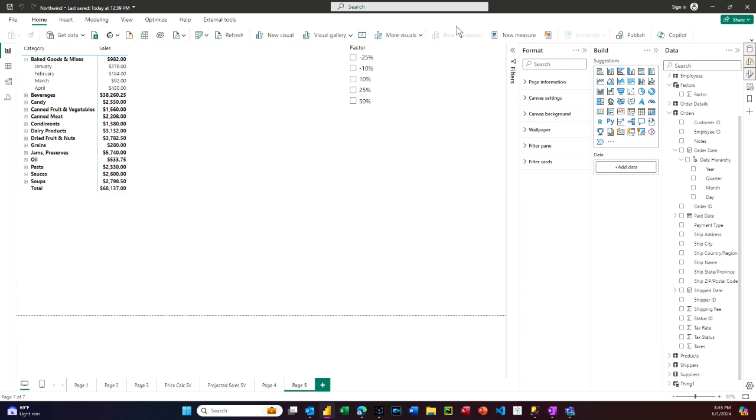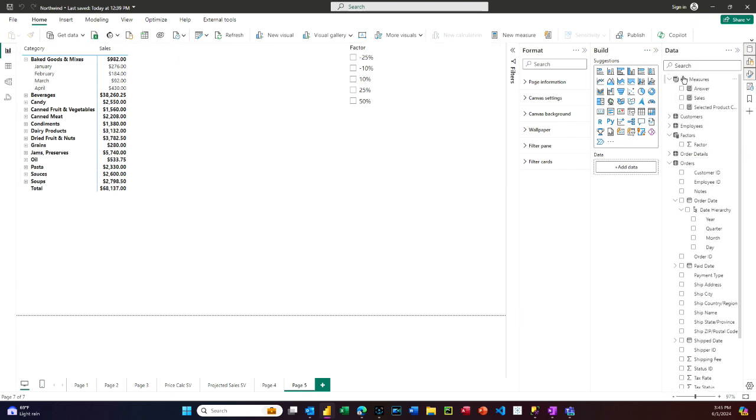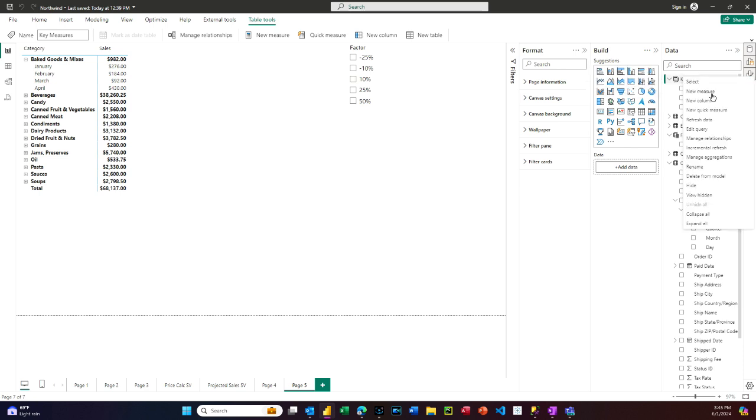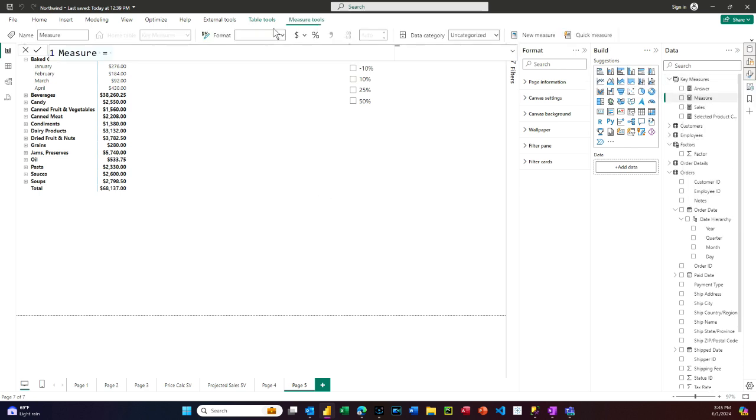We need a measure now to make a new column in this matrix for values for projected sales. So we'll go to our key measures table, say new measure, projected sales